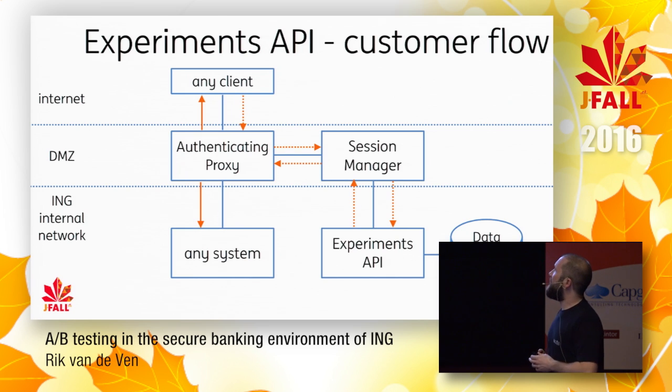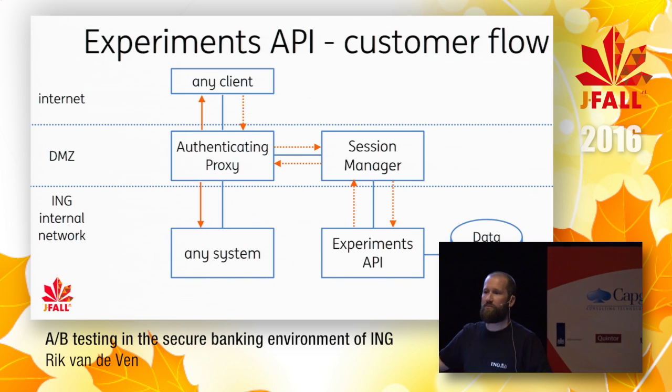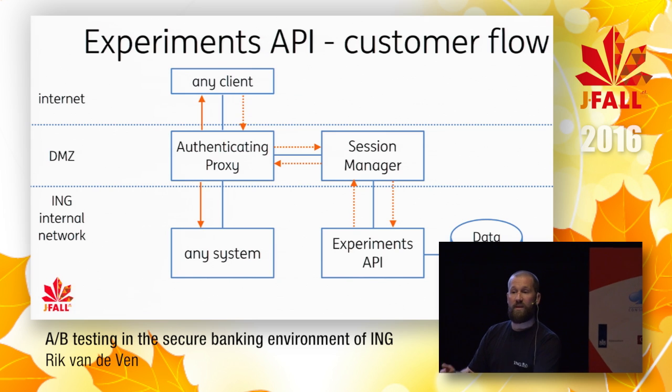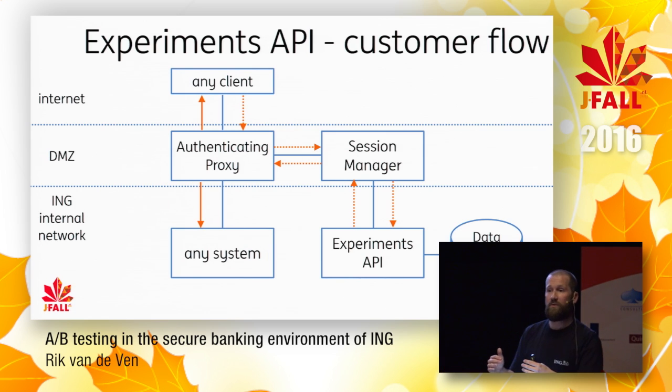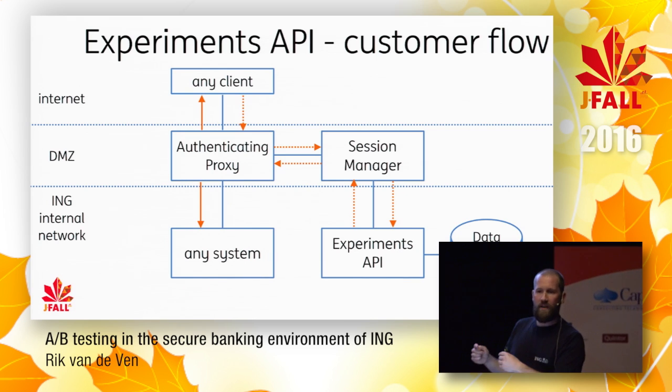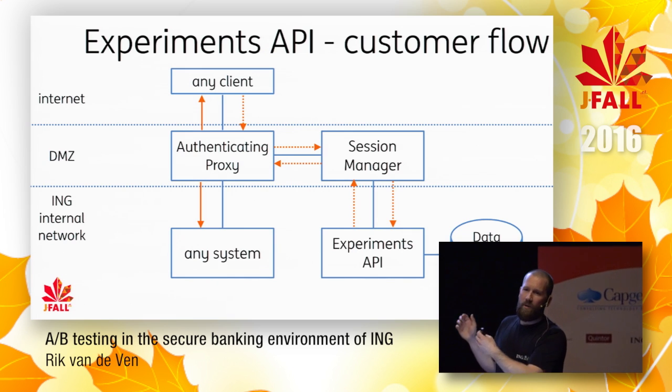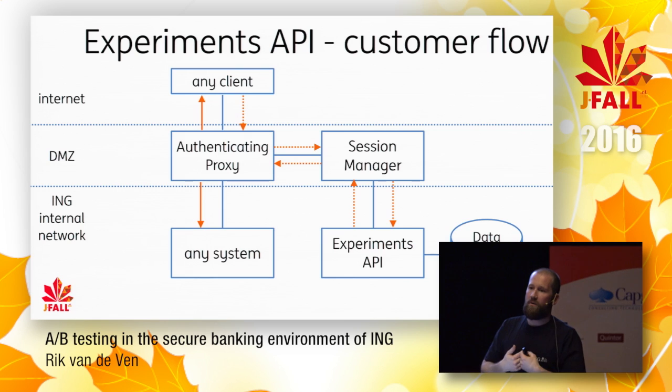But we did decide to go this way, because otherwise, every time we would hit some functionality, for instance, someone goes to the mortgage page, we would then have to ask, is there an experiment on this functionality? Do we need to do something with the experiments API? That way of building it would be easier for us to build the A/B testing tool. But it becomes harder if you look at it from our reliability perspective and an environment perspective, because